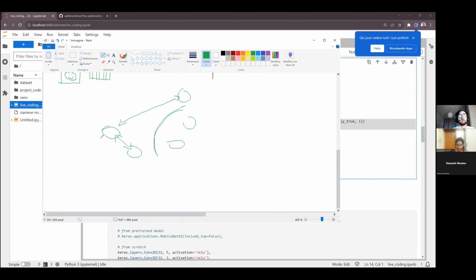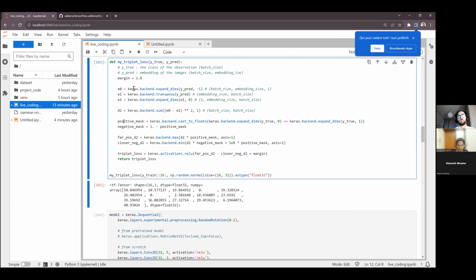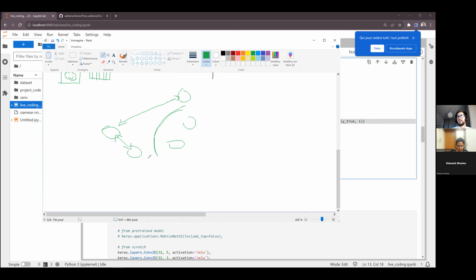We can say, okay, I'm sure about that, so please build the triplets in such a way that they respect these. So these are similar, these are dissimilar, but I don't ever want triplets containing these other two. This simply depends on the positive and negative mask. If we had an implementation that works, simply changing that, we can redefine that. So maybe we can start with a very conservative choice, putting in similarity and dissimilarity only things we are very, very sure about. And then we can update this definition and let the triplets be defined differently.